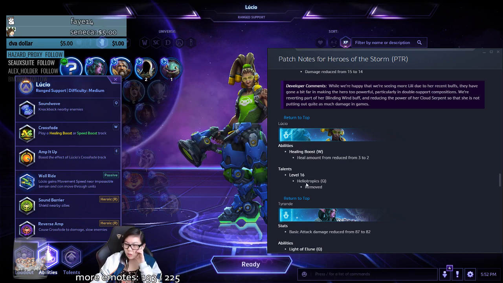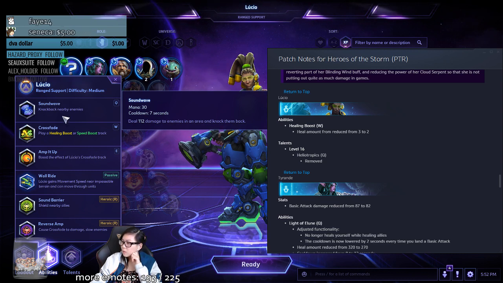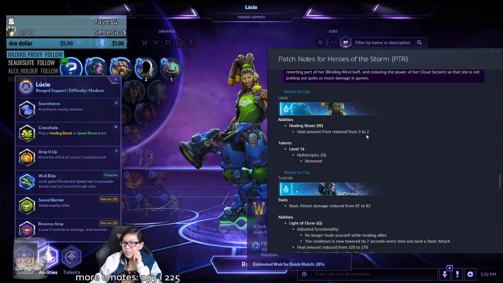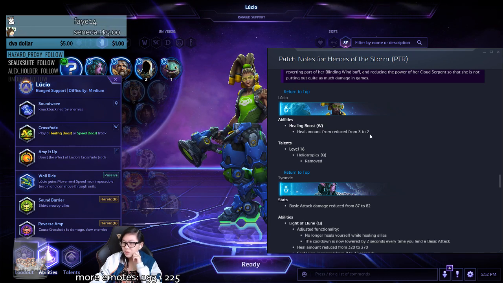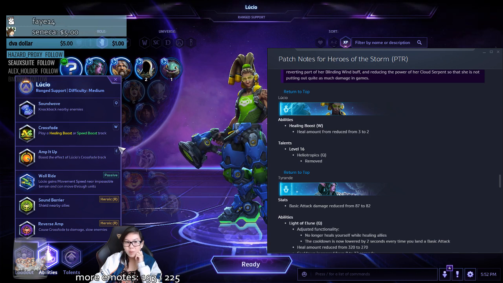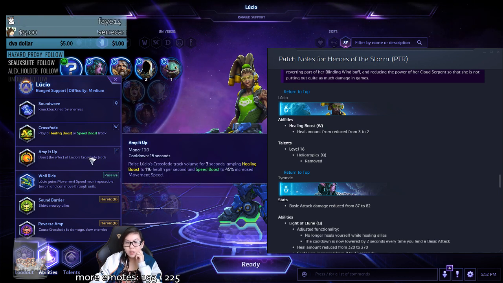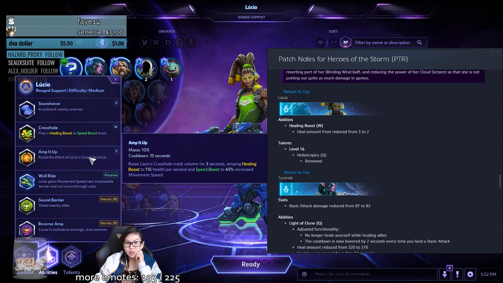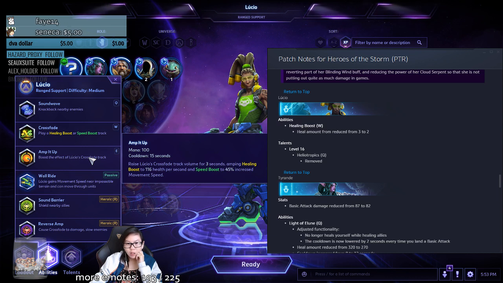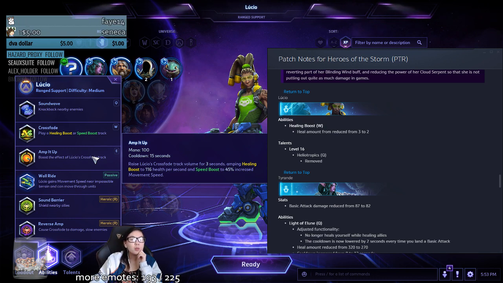Wait, what is this talent anyway? Heliotropics? I don't even know what that talent was. Something with its Q. My heal's gonna go from 3, 3, 3, 3, 3 to 2, 2, 2, 2, 2. They didn't nerf amp? I'm not talking about amp, I'm talking about crossfade. Well, technically... Wait, do you amp the same amount? I'm sorry, for some reason I thought amp it up would be percentage based, but then...